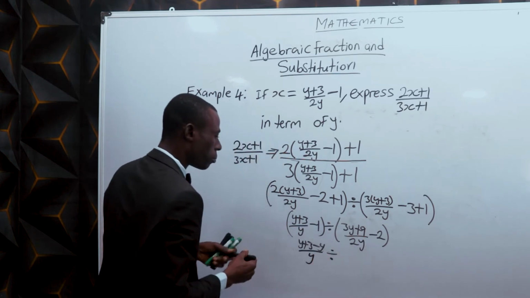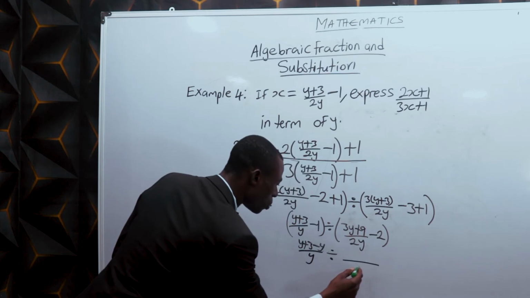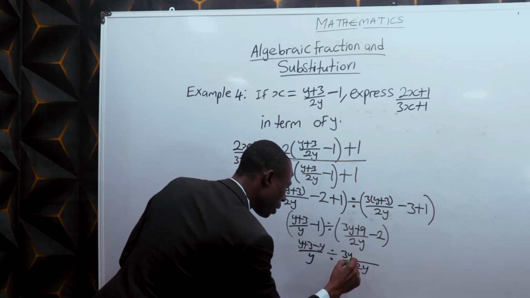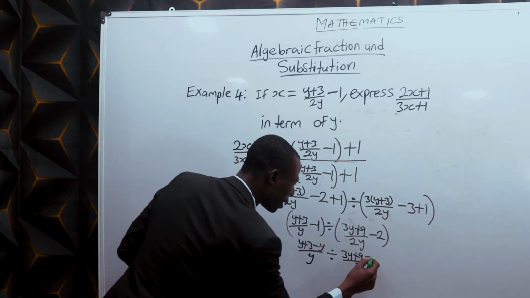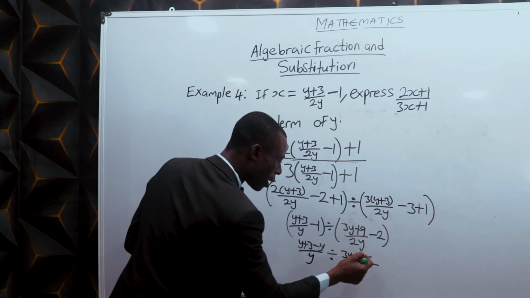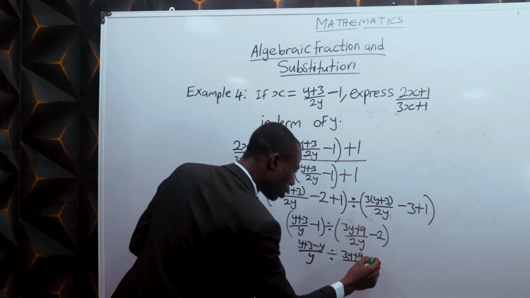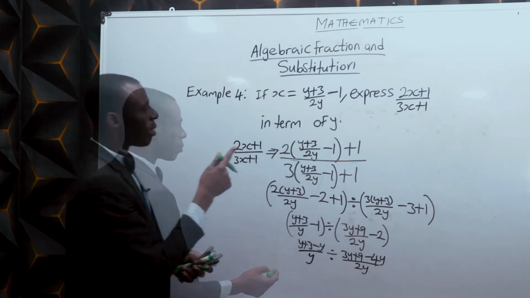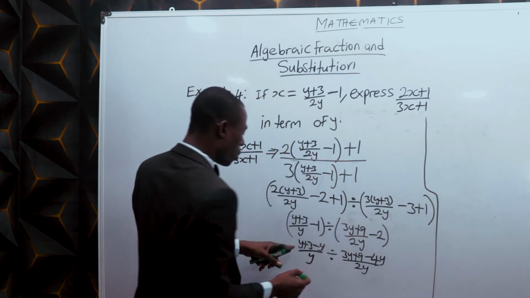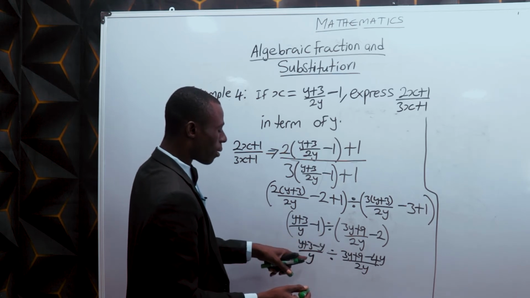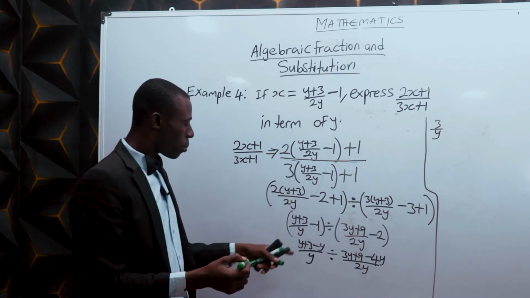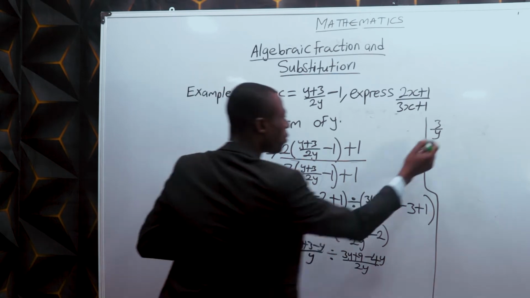Divided by, now, the LCM of this also will be 2y. 2y in 2y, 1. 1 times 3y plus 9, it will be 3y plus 9 minus, there is a denominator of 1 under these 2, which is invisible. That 1 in 2y gives us 2y. 2y times minus 2 gives us minus 4y. I continue from here. So, y plus 3 minus y over y gives us 3 over y, because y minus y is 0. Plus 3 over y. Divided by